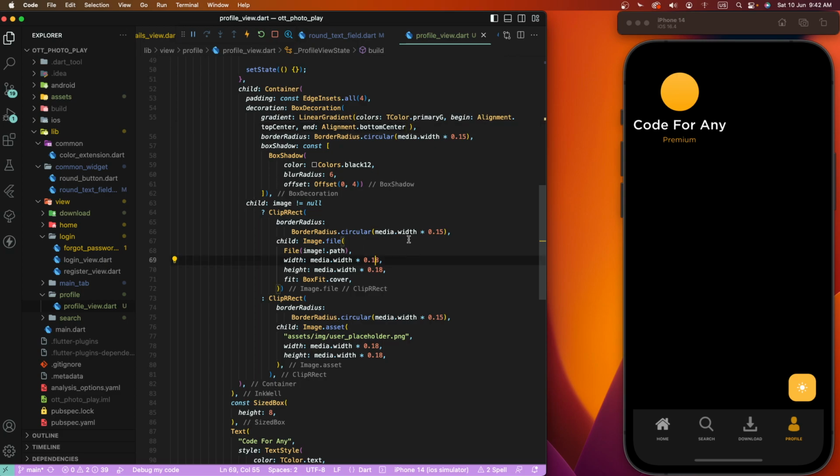Increase here, right? Give here the 30%. We need to